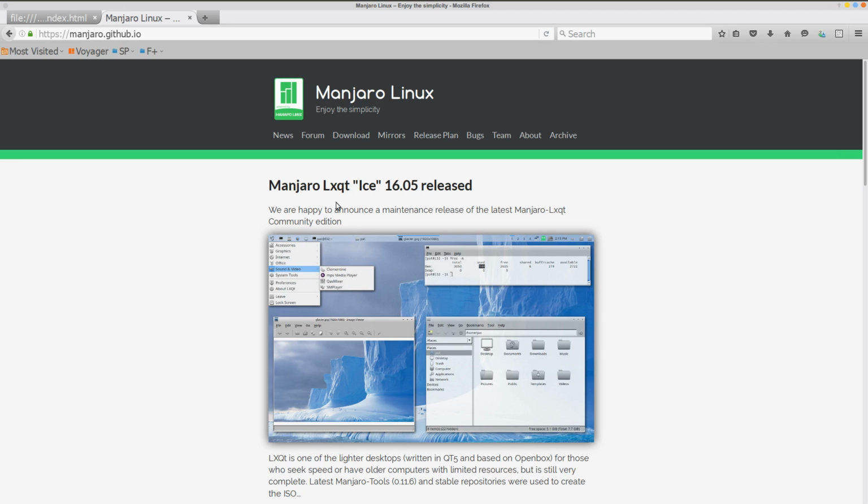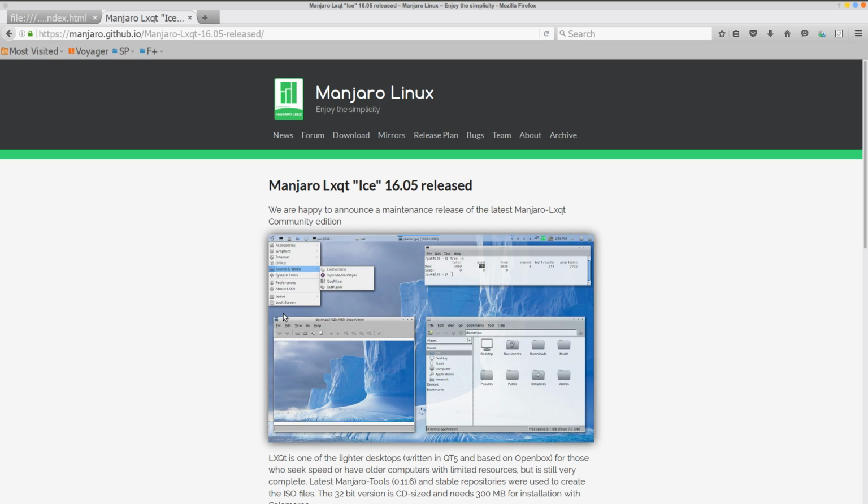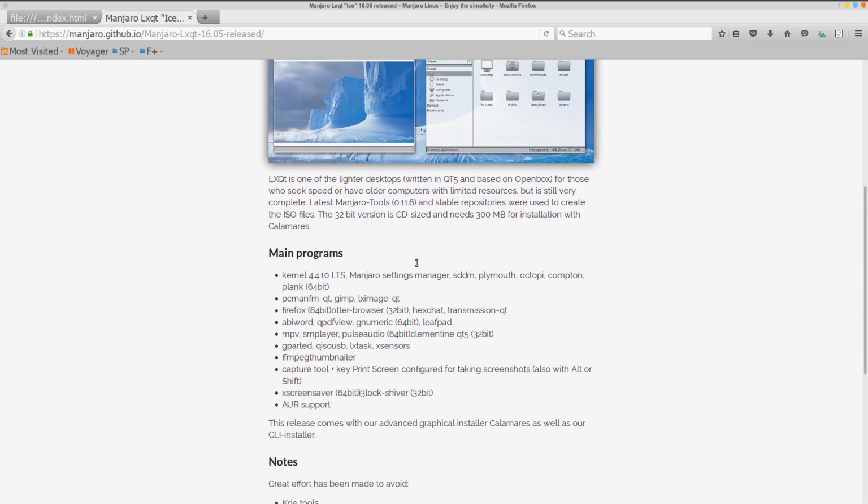I had Manjaro Joe's Window Manager, which I was going to do with this episode, but since this popped up, I decided to do the LXQT 16.05 release, and I just clicked on more,